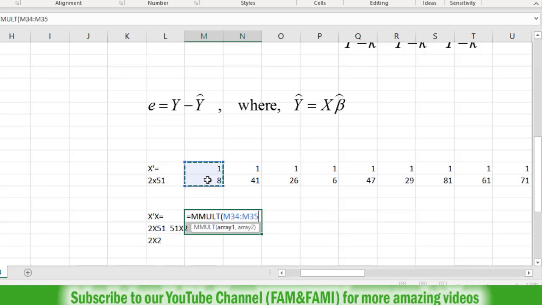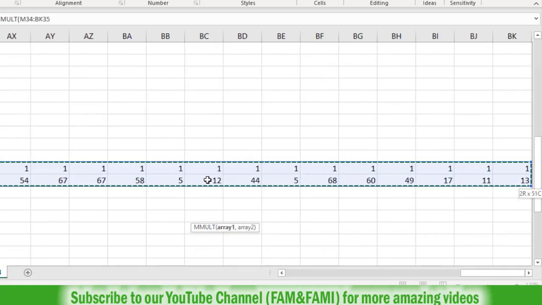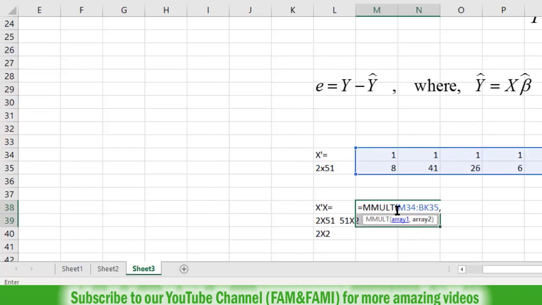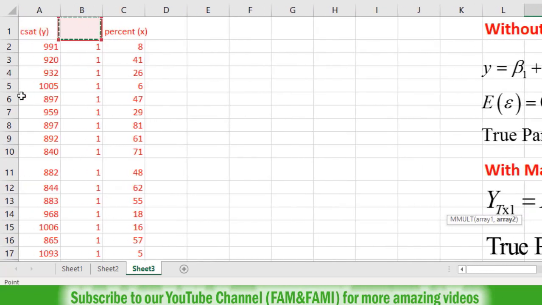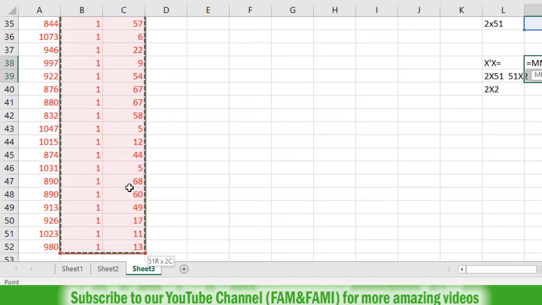So X transpose: select this full range, which is M34 to BK35, and put a comma here. Then the second argument is array 2, which is this X matrix. The X matrix is here at the top. It starts at B2 and goes till C52.